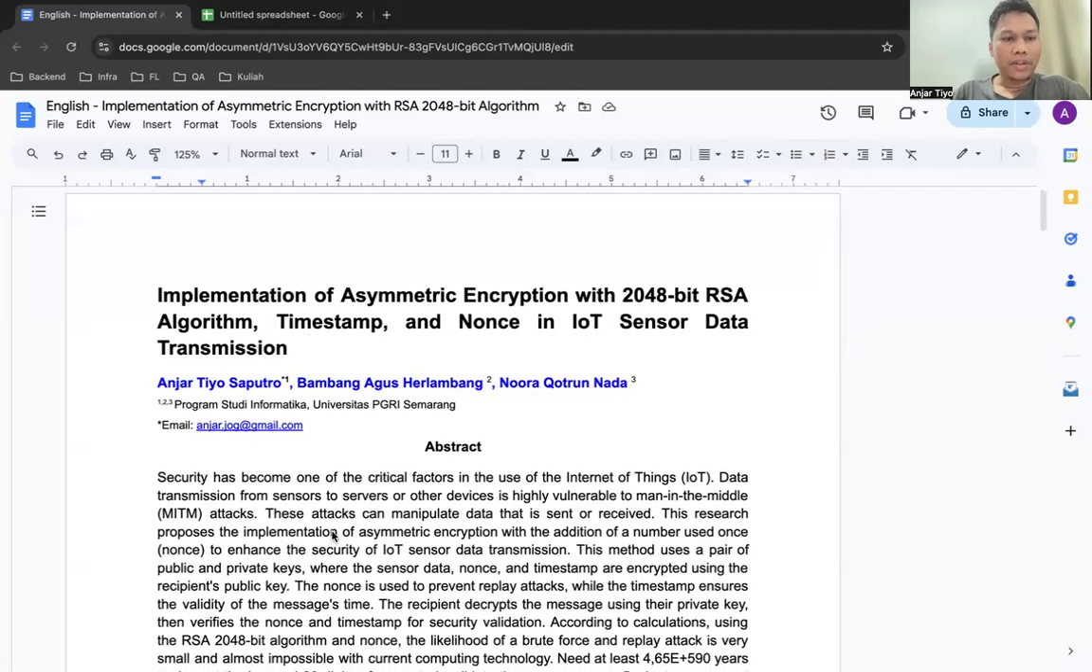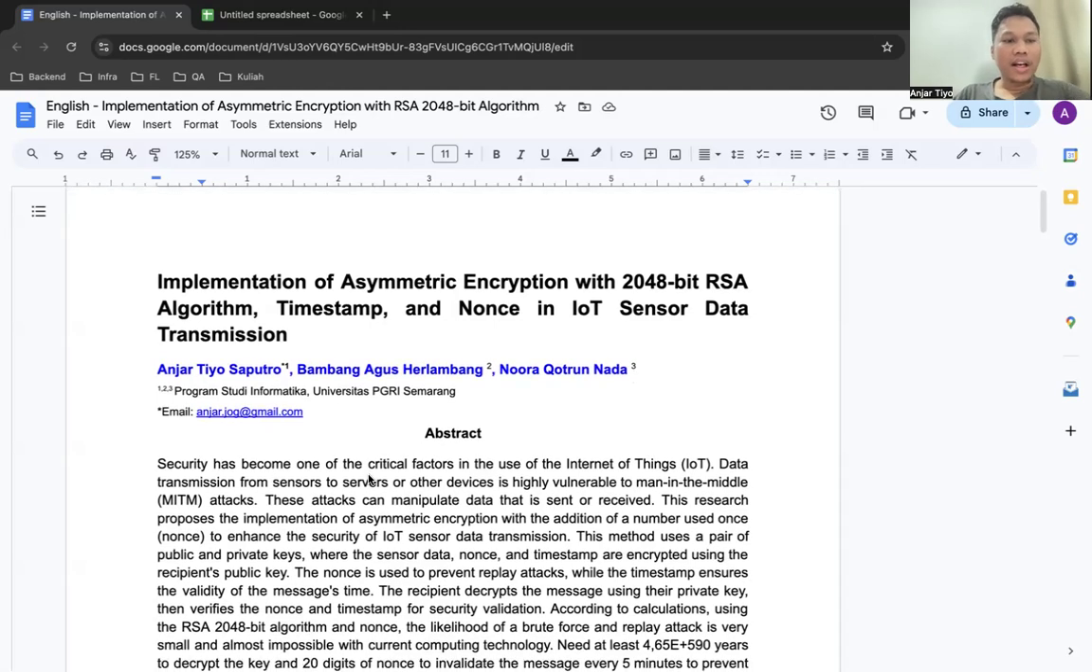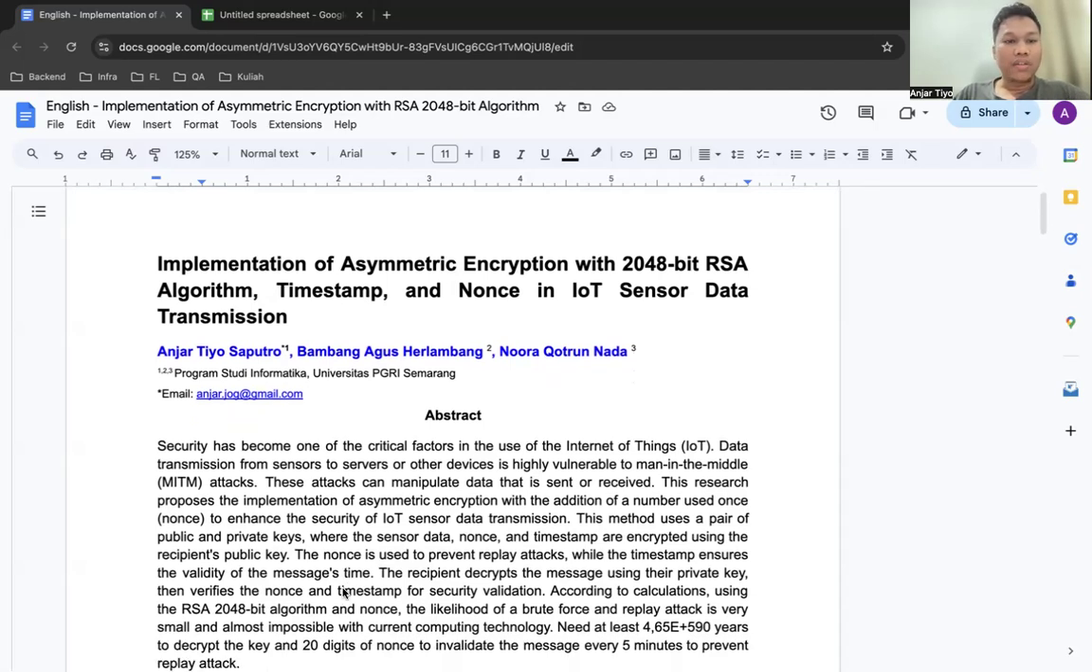Now, I will present about my research. It is about the implementation of asymmetric encryption with the 2048-bit RSA algorithm, timestamp, and nonce in IoT sensor data transmission. This research is proposed for the submission of the English task given by Ma'am Nora in the UKRIS informatics study. About my research, I would like to implement asymmetric encryption in the data transmission of IoT